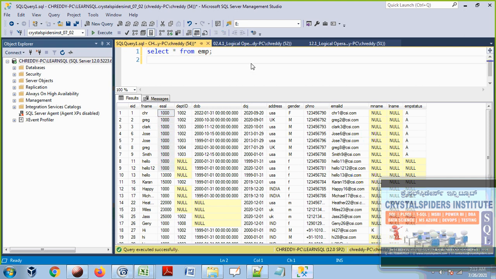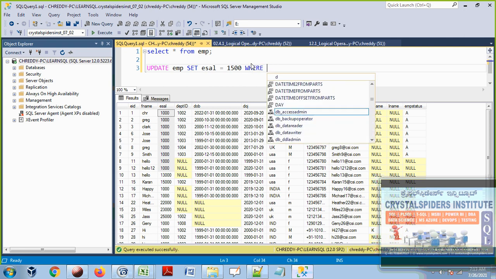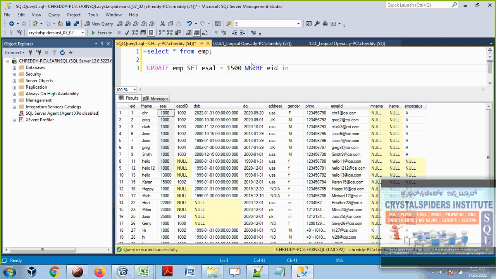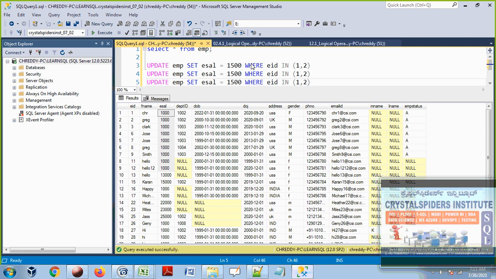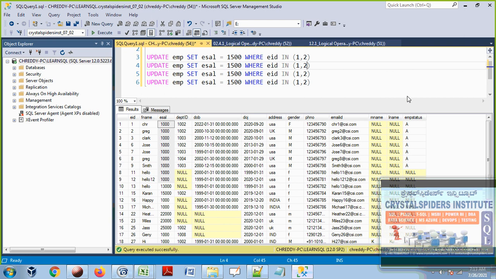Let me quickly update some of these employees, where EID in... yeah, let me update it. For these two employees I will set the salaries to 1500, and for the other employees, 3 and 6, I will leave the salaries at 1000.